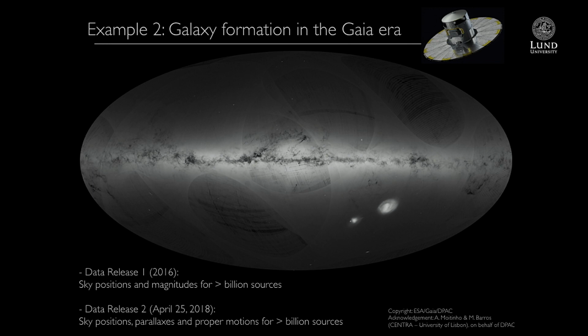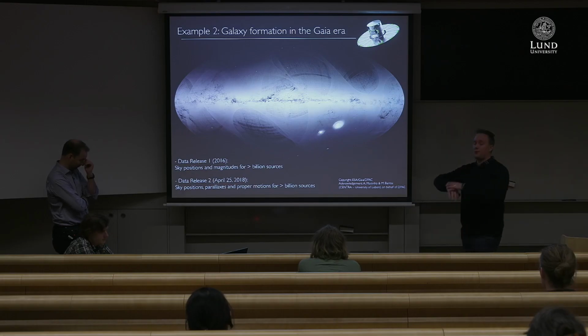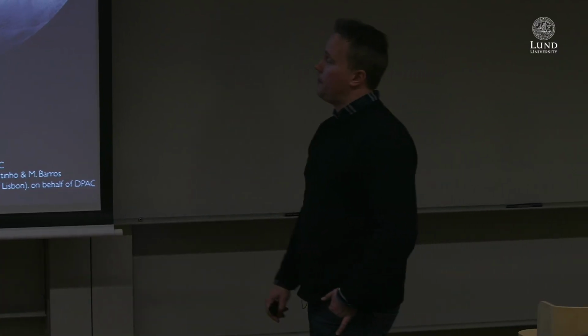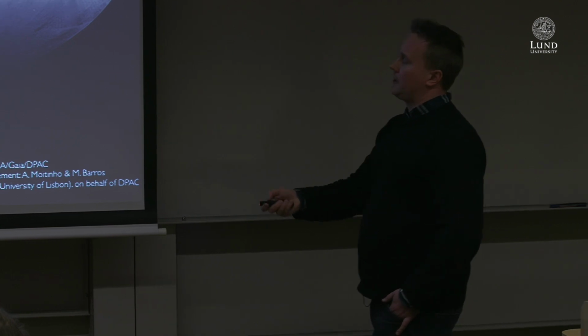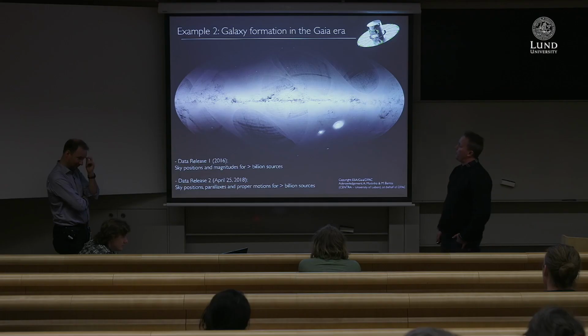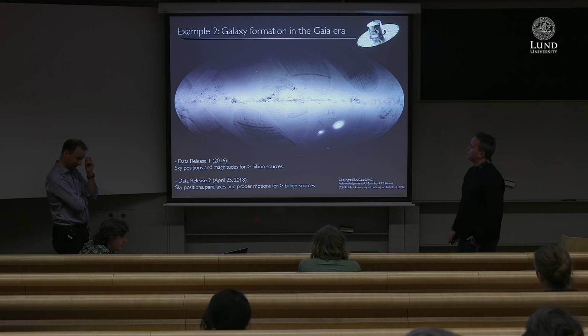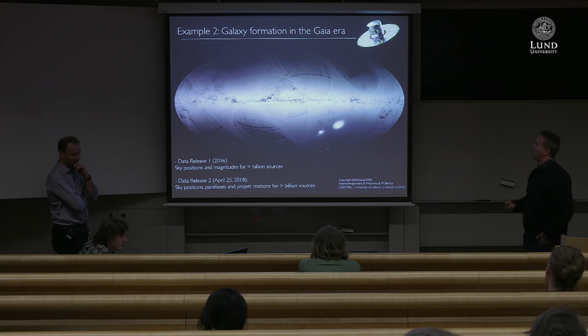In a few weeks or a month and a half, we will actually get data release 2, which will give us sky positions. And thanks to having parallax access as well, we will actually be able to get a 3D map of more than 1 billion stars in the Milky Way galaxy. Okay? So it's a fantastic time to do this. We will get a three-dimensional map of the Milky Way's brighter stars. Okay? So it's a treasure trove for unraveling the formation history of the galaxy.